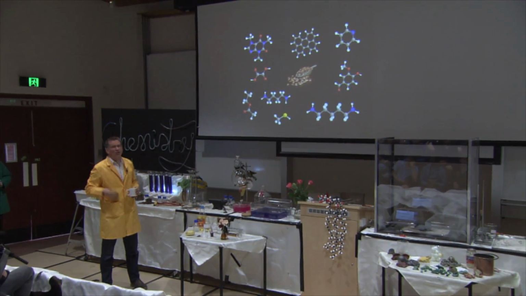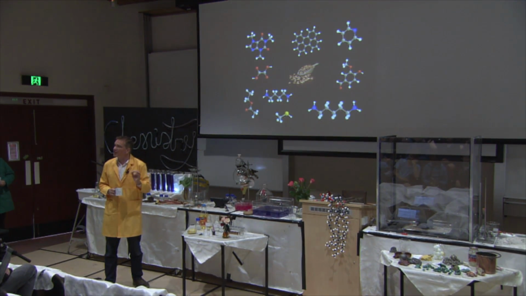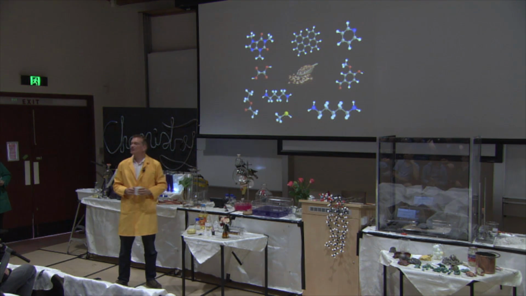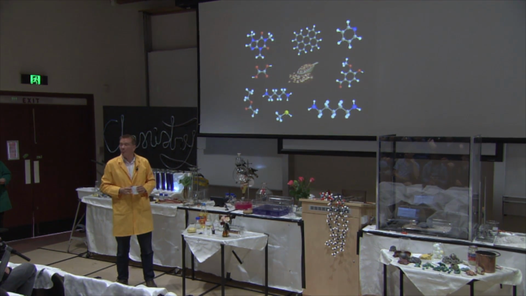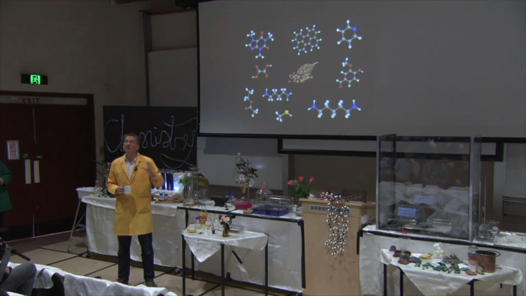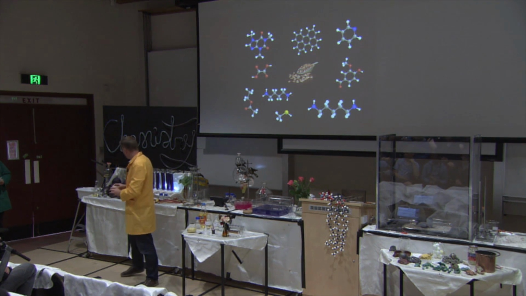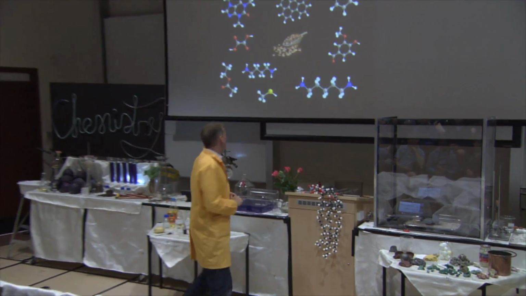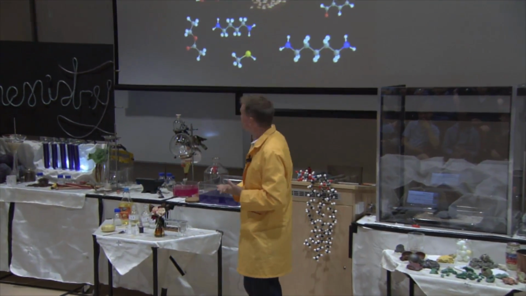Now, the grey atoms that you see there represent carbon atoms. The white are hydrogen, red are oxygen, blue are nitrogen, and the yellow one down the bottom there, that's sulfur. So we have different elements bound together to give these rather complicated structures. But each one of these is different. And we're going to be looking at some of these. Some of them aren't really very nice. All of these are from our coffee, but some of them aren't very nice.